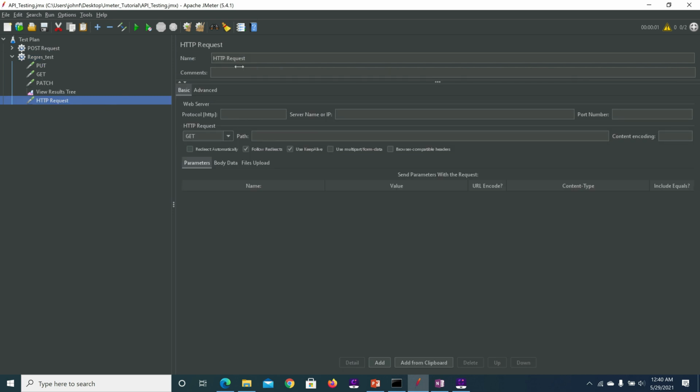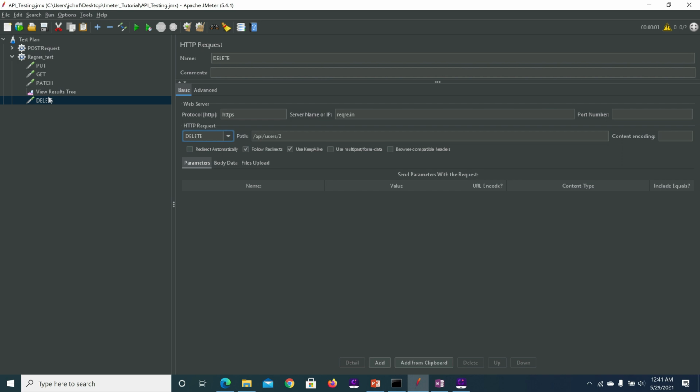This is for delete. Protocol type is HTTPS. I copied the path field. Next I'm providing the server name regres.in, and this is a delete request, so I'm changing it to delete. Saving the test plan.